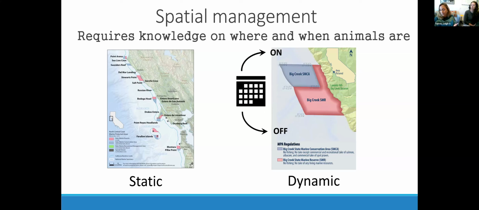It can be harder to implement because you obviously need to communicate that information better to the human users of the ocean. And you also have to be pretty good about knowing where the animals are in space and time that you're trying to protect. So a key element to effective spatial management of marine megafauna is to recognize the data gaps that you have in understanding where animals are and try to fill them early with data collection and through consistent